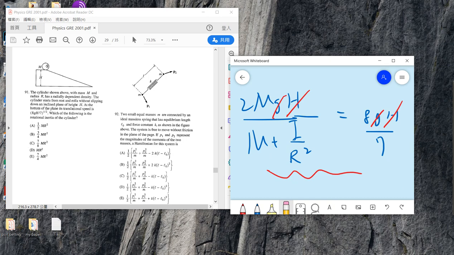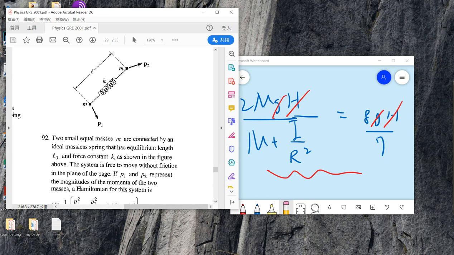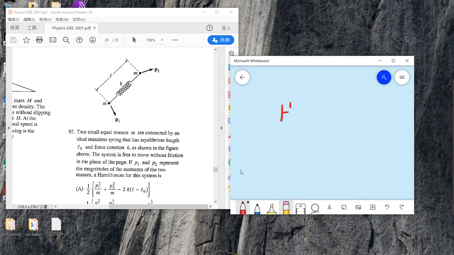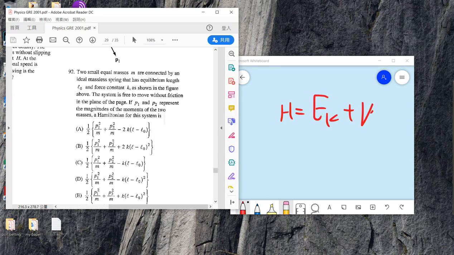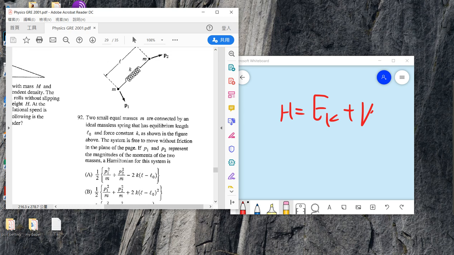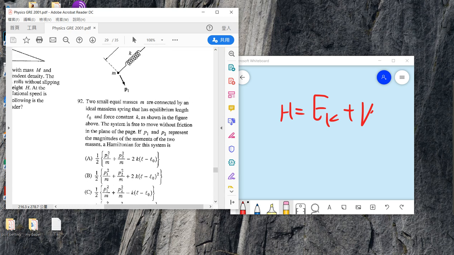Okay. So 92 has two masses, equal mass. Consider somebody asks you about the Hamiltonian, right? So all you need to know is the Hamiltonian is kinetic energy plus potential. So which one is plus? B and D, right? B and D are plus. A, C, D are minus K, so which is definitely not okay. Okay, so the answer must be momentum plus the